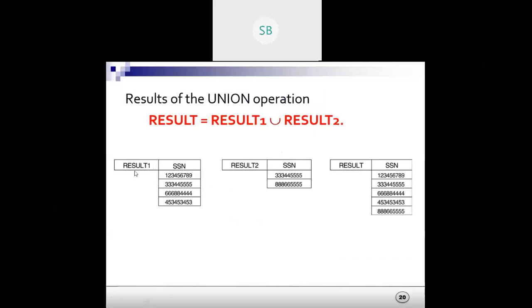See, result 1 is this one relation where we have the SSN, this one 1 2 3 4 5 6 7 8, and this one, and SSN. So if we go for R1, result 1 union result 2, we get this answer.